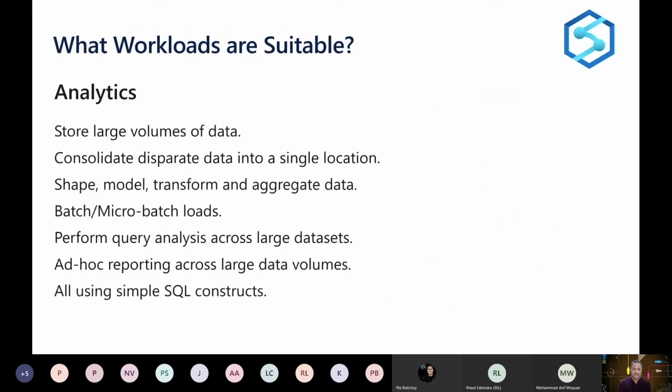Where it's really good is in the case of analytics. If you are working with large quantities of data and you really need that big data analytics firepower, then this is really a good fit because you have those shards automatically created. There are 60 instances where the processing can be parallelized and large volumes of data can be stored. You can model them, you can shape them, you can transform them using SQL-like queries or using the familiar SQL syntax. And when we are running the analysis across large data sets, it's really suited for analytics use cases where the data sets are very large.